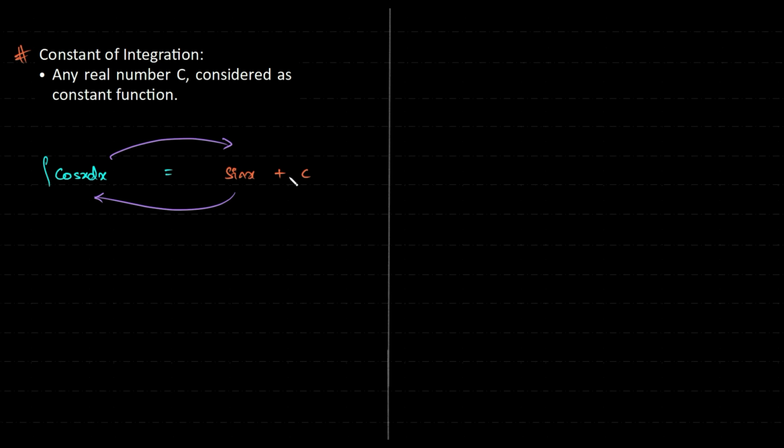So the presence and absence of this constant does not matter for the derivative, but it's important for us to have, because we need to tell that there can be a constant and we don't know that constant. If the question tells us to find the constant with enough information, we'll be able to come out with the constant, and this constant arises because of the process of integration. That's why it's called constant of integration. Okay, so that's about your